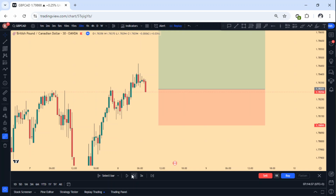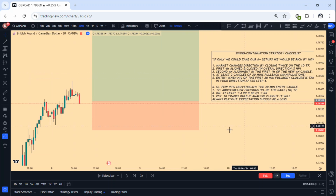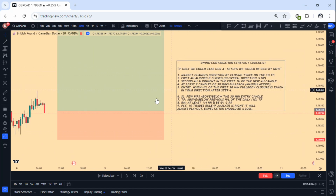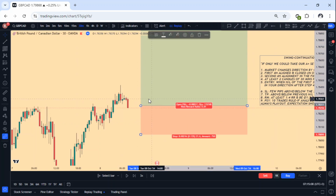So when we get that, the market had already aligned for entry. But at least now we have gotten at least 2 candles pullback for 30 minutes. So this has pulled back nicely. But now just be aware that it is pulling out and the next candle is starting the next 4 hours. So the ideal entry was supposed to be somewhere around here, but since the market is imperfect,